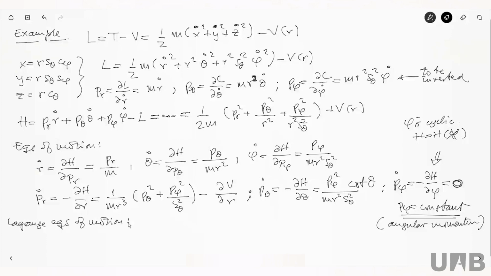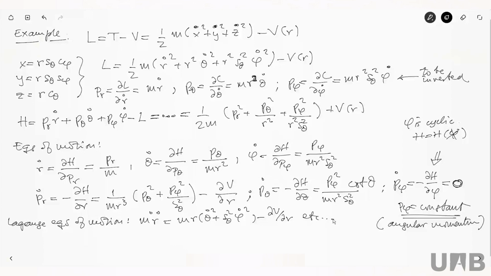So I'll look at one of them, which is the equation of motion for r, for instance. I have the Lagrangian here, so I can apply the Euler-Lagrange equations of motion to this Lagrangian. And for r, the equation is this one: m r theta dot squared plus sine squared theta phi dot squared, minus the derivative of the potential with respect to r, and so on for the other two, for theta and for phi. But let us look at this one.